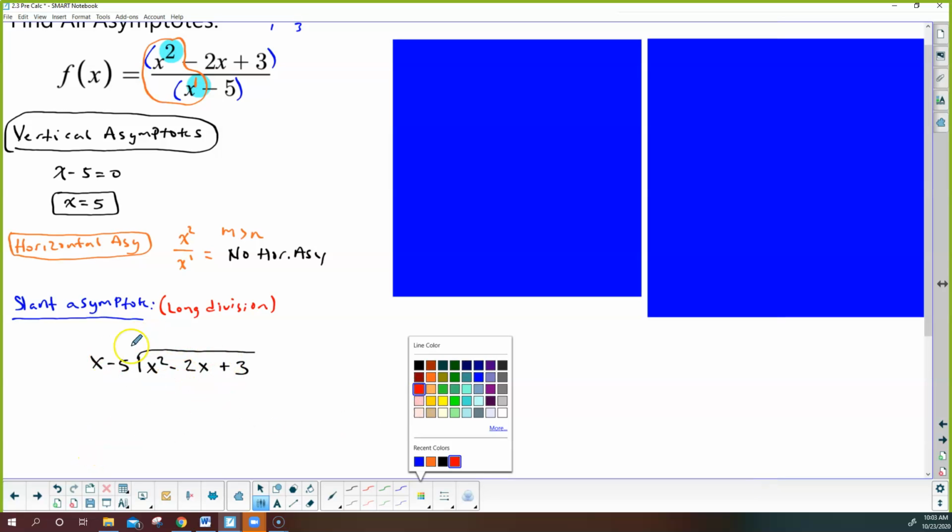So hopefully this piece is what you're already comfortable with. And the only new part is that we do this to find slant asymptotes. All right, so remember our goal is to take this x and make it look like the very first term, x squared. And the only way to do that is to multiply